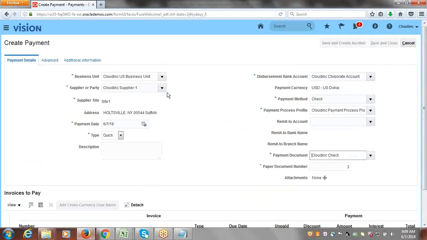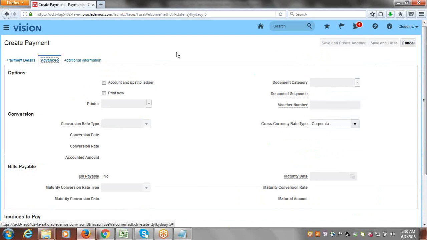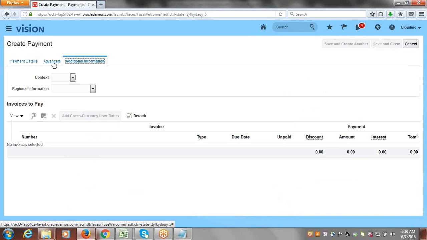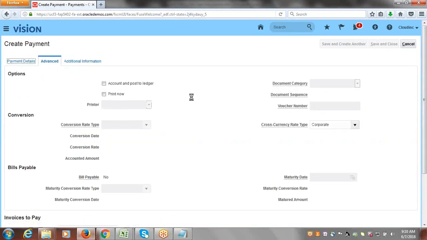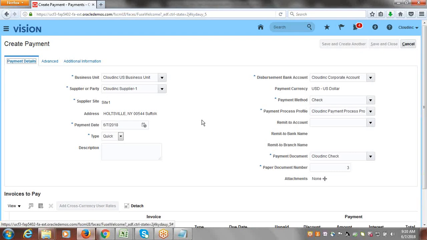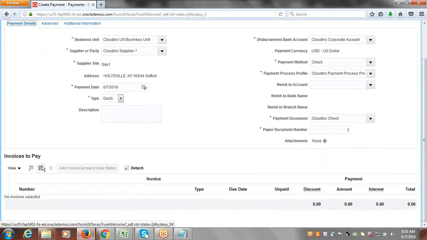Apart from this information, you could see a few other tabs also, where you can specify the relevant information based on the process. We'll come across them when you're working on bills payables and other concepts. At that time we'll see which are required. Fine. So now go to